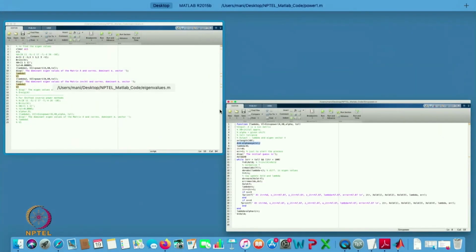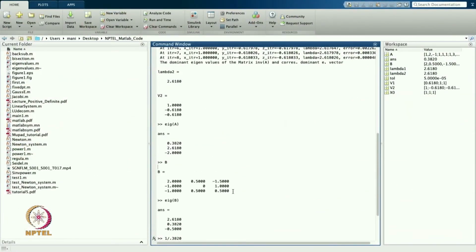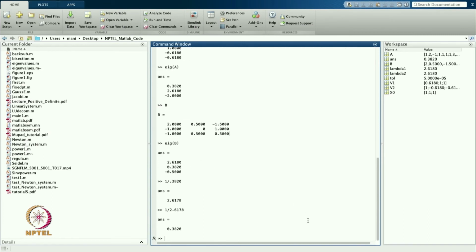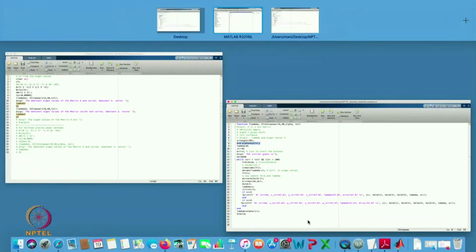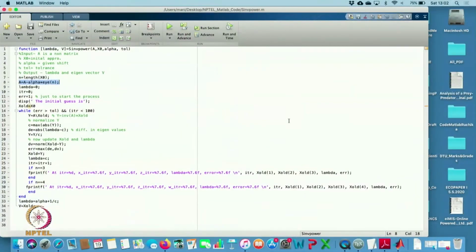Let us write clc, clear all. Now, if I write eye 3, I will get the 3 by 3 identity matrix. So, this is what we have written there. So, we will get A minus alpha I. So, that is my matrix and I call it again A, and lambda started with 0, iteration 0, error 1, display and then x 1. So, this is the same as the different one.